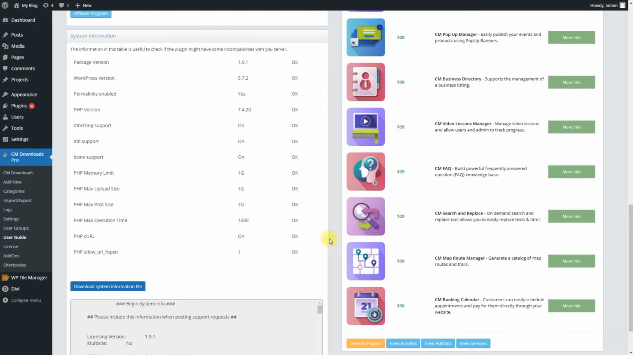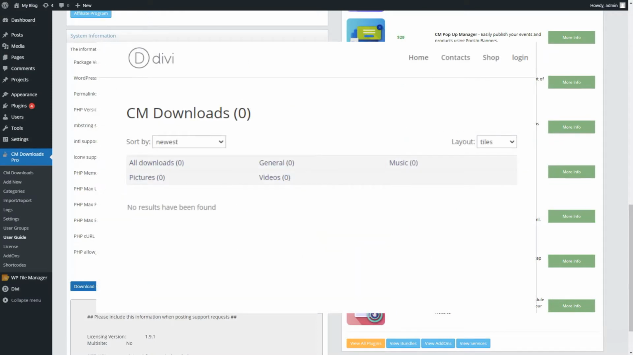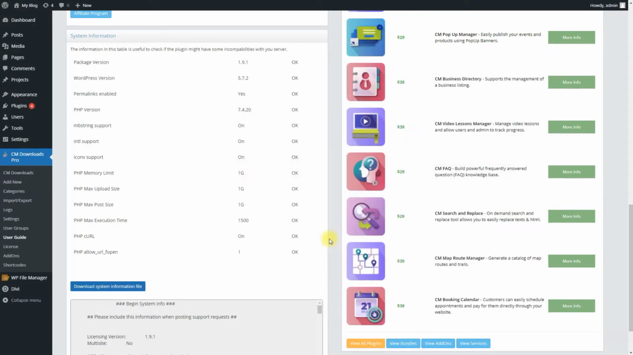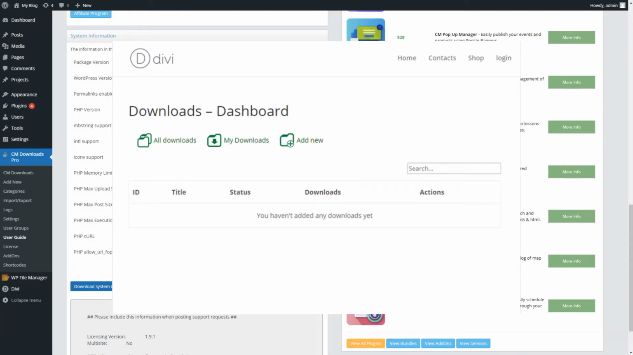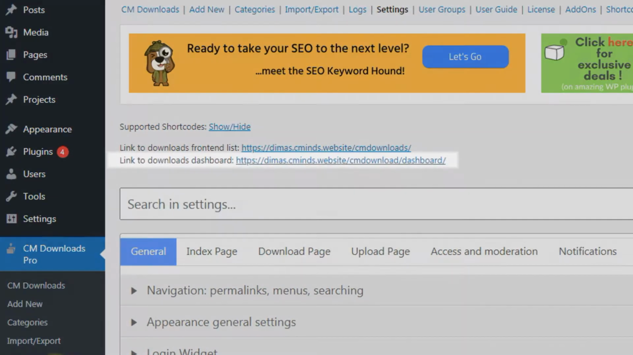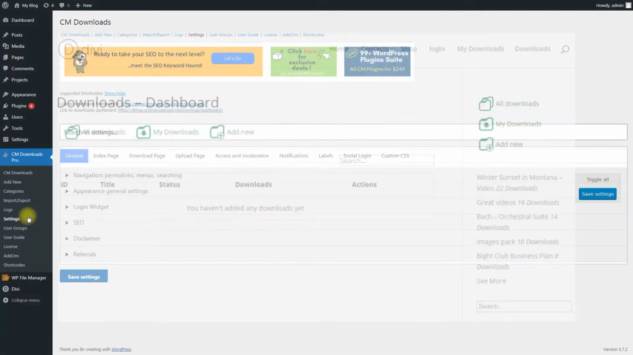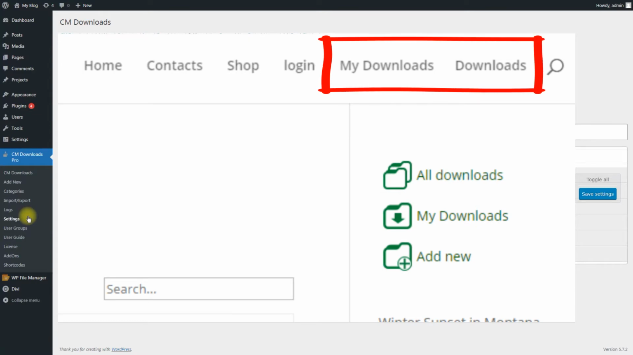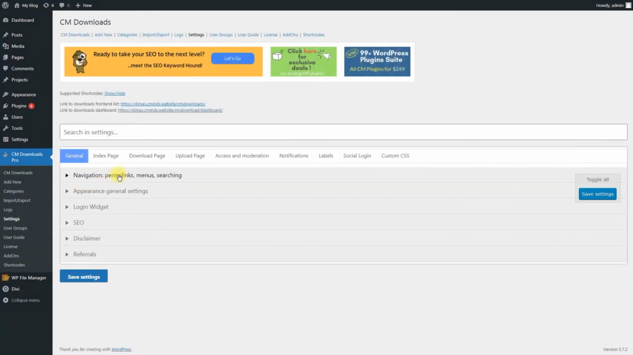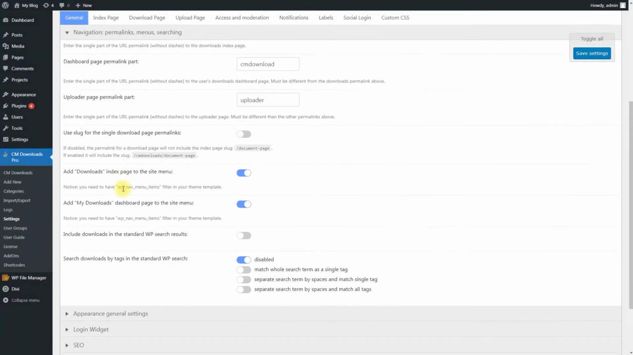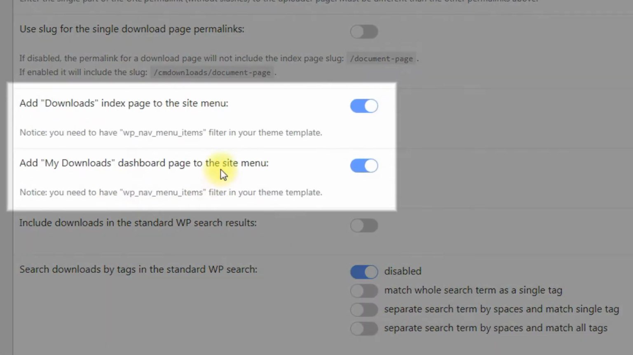Adding first download. There is no download directory without downloads. Every user has a dashboard. It starts empty, but we will populate it now. The link is located on the top of the settings screen. You can also add links to the menu for the index page and user dashboard. Just navigate to the plugin settings and, under the General tab in the Navigation section, enable two options that you